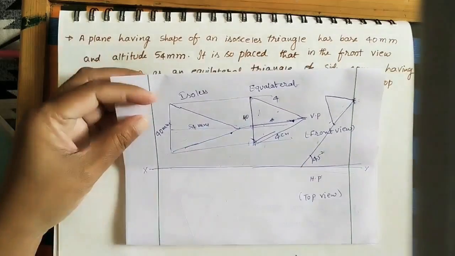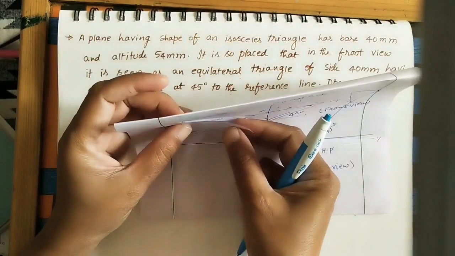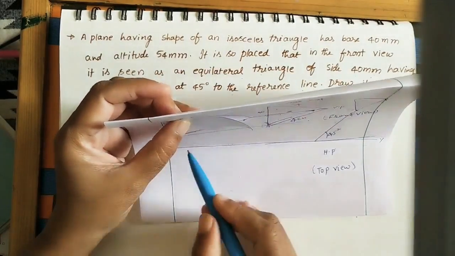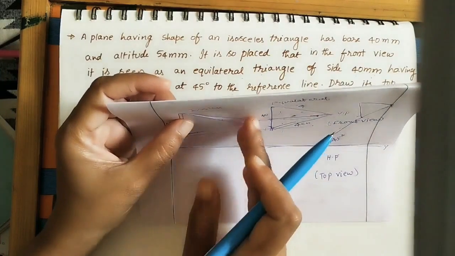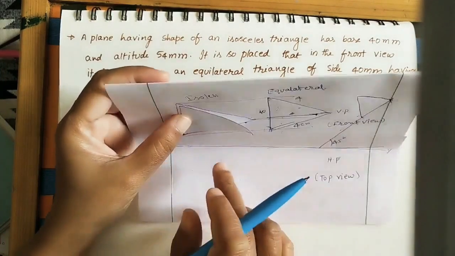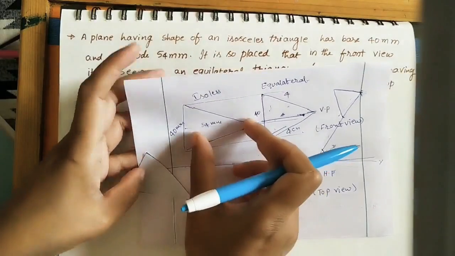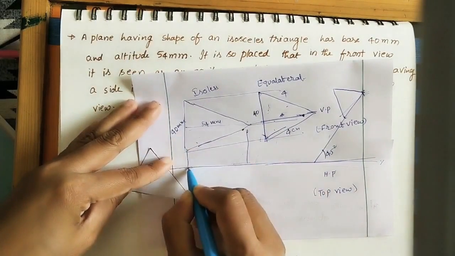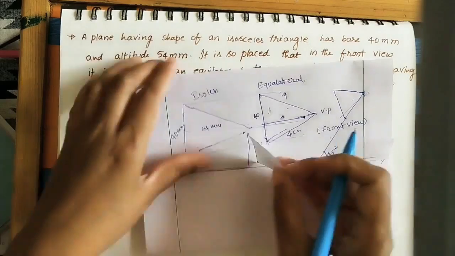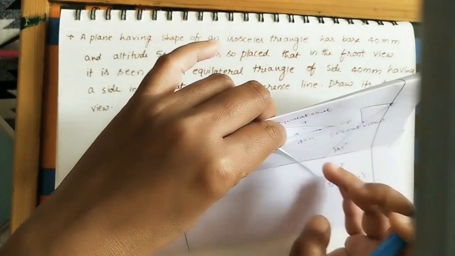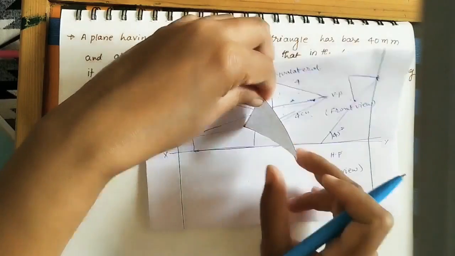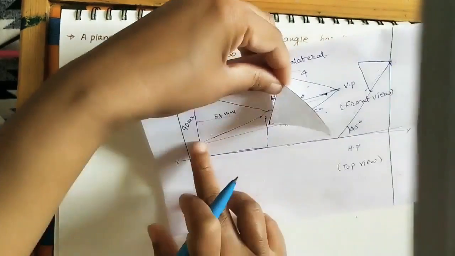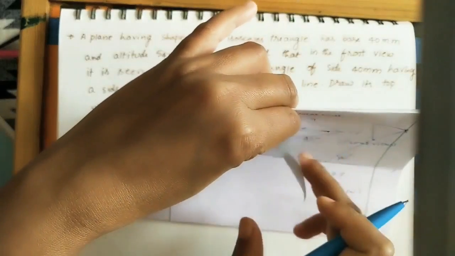Initially, take how the top view is coming for this. If you are taking it in 3D, the triangle is like this. In the top view, we can see a line. All planes look like a line in the top view. Whatever height has been given, 54, we can see as the line here. This is the top view in this position. Now if it is tilting like this, it looks like an equilateral triangle. In the top view, whatever length this line has, it is making some angle with the VP.